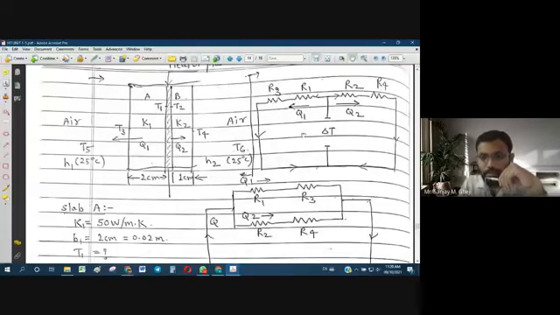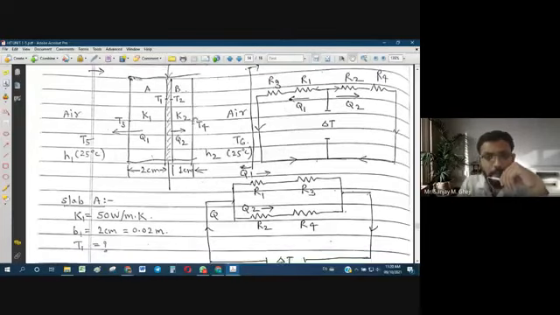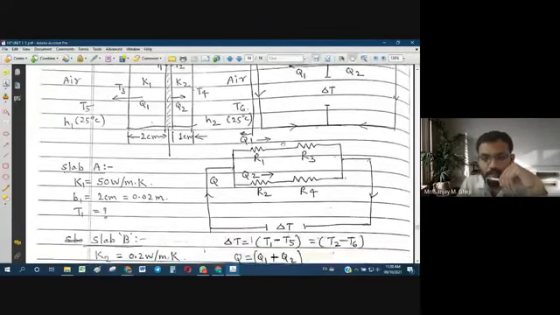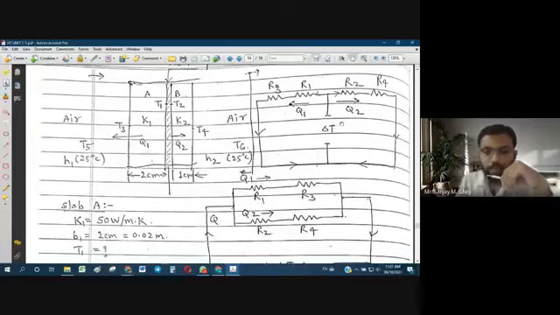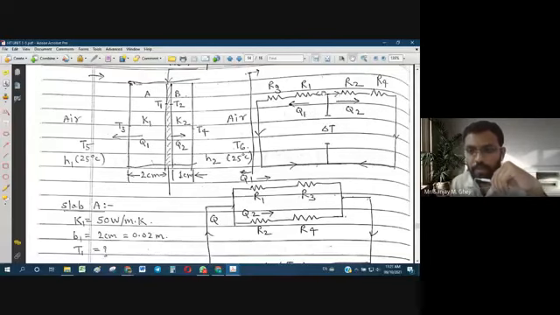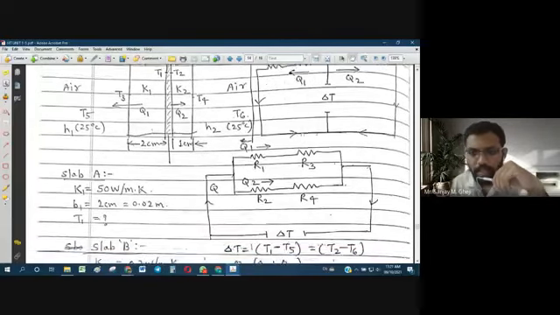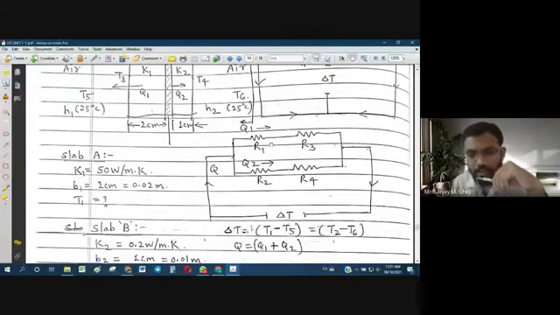As shown here, delta T is the temperature difference. The heat transfer rate is divided into Q1 and Q2. Q1 is flowing through this path, that is to the left-hand side, and Q2 is flowing to the right-hand side along this path. Now, we can simplify this structure because in this circuit it is not easy to view the resistances in parallel. So we can rearrange and show it like this. This is also equivalent to this.